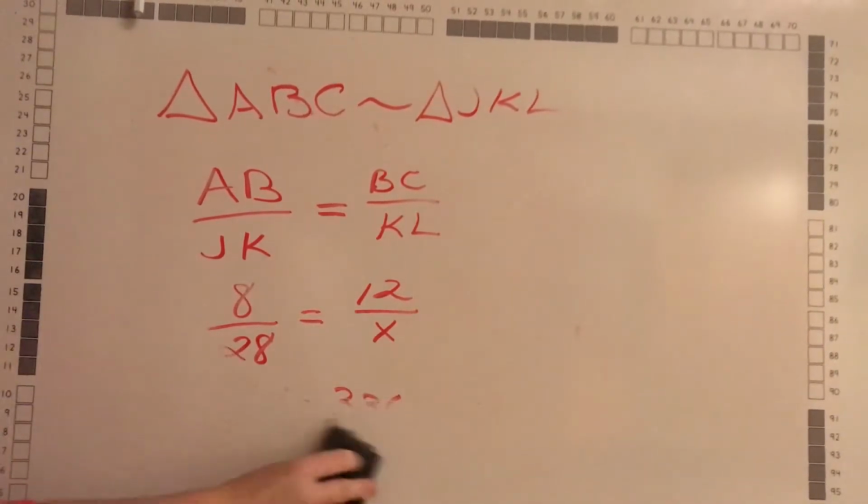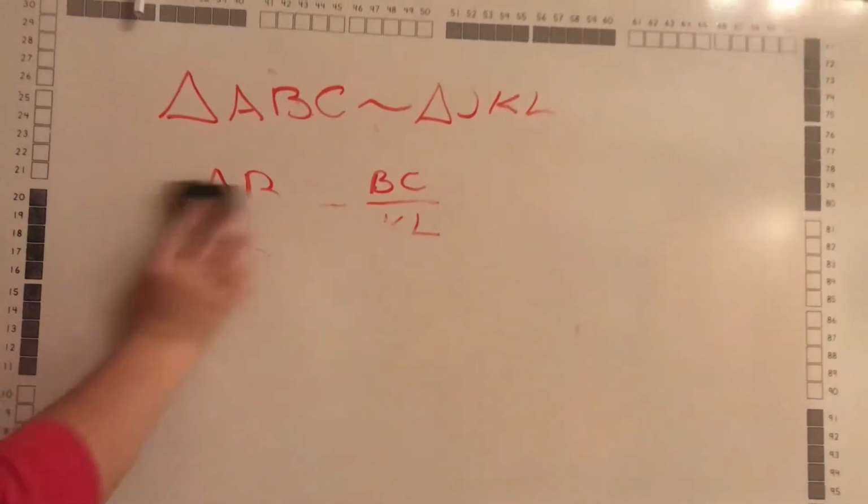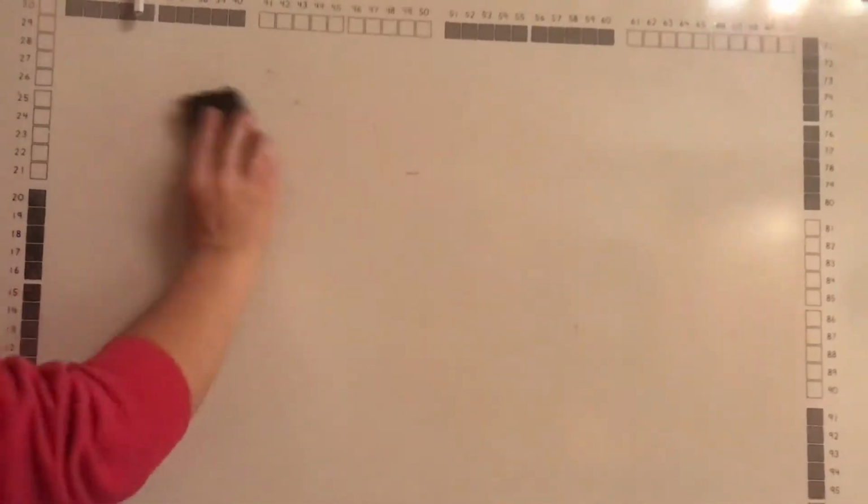Okay, let's look at example 2. We have some squares, rectangles in example 2. Example 2 says a volleyball court is a rectangle that is similar in shape to an Olympic-sized pool. What they want you to do is find the width of the pool. So they give us 2 sides. We know that these shapes are similar, so the first thing we have to do is set up our ratio. So if we start with length,